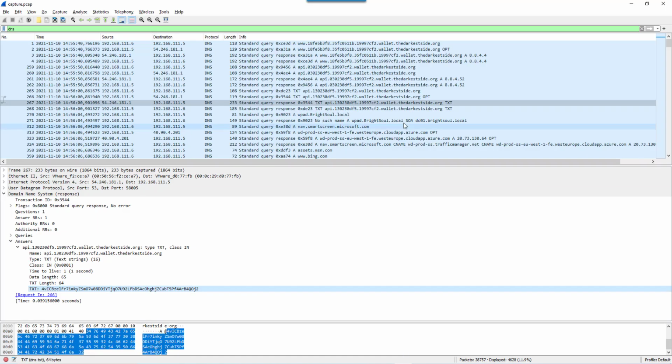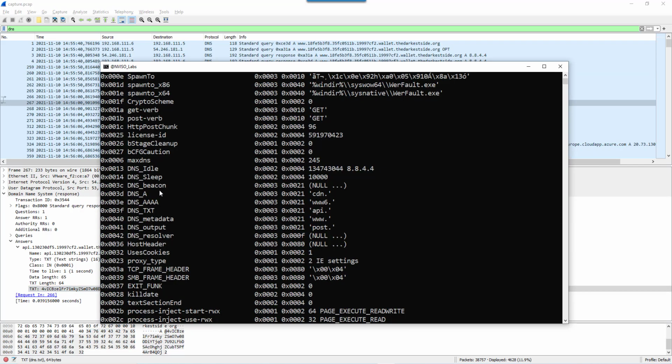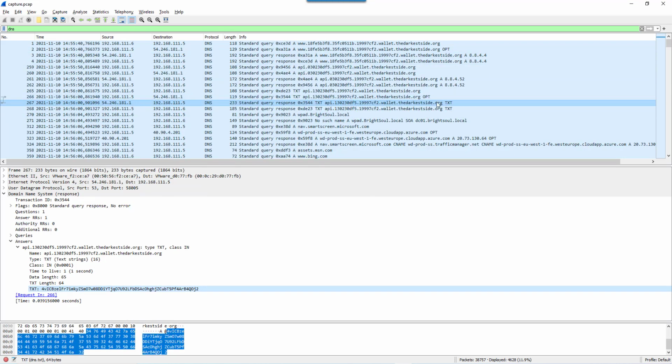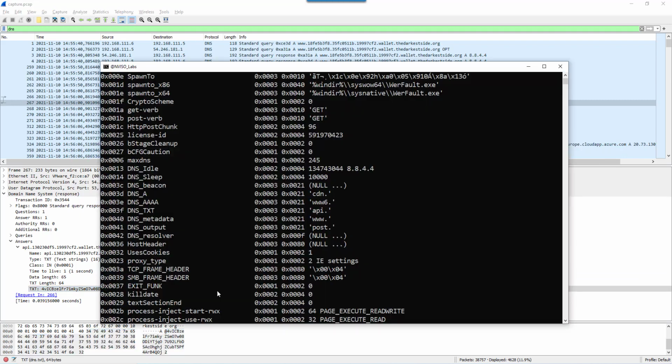We can see that here in the captured traffic that I filtered on DNS. You see here requests for walletsthedarkside.org, and those return values mean that there is nothing to do. And then for the different methods to communicate, there are different prefixes used in the host names. To decrypt this, for example on this request you see that the answer is not 8.8.4.4 but 8.8.4.52. That means that there is some data, and this data has to be transferred via text records, as you can see here, and inside that text record you have some base64. So we will extract this